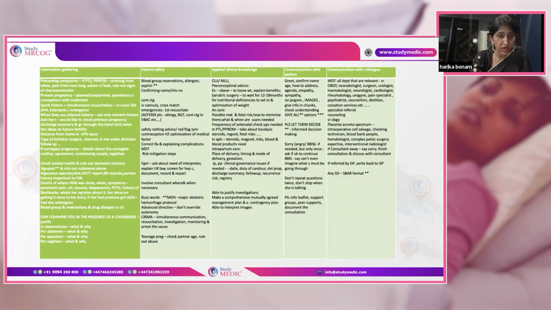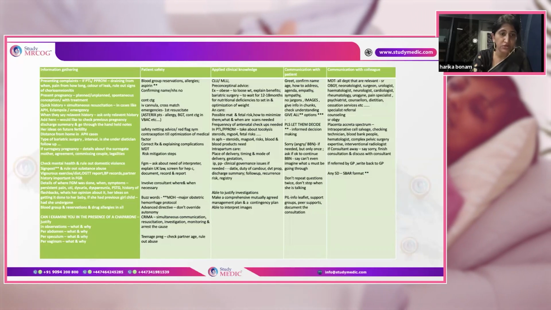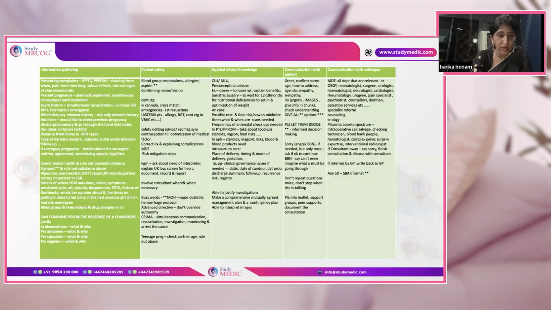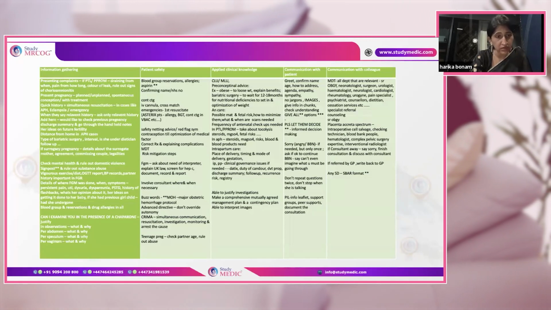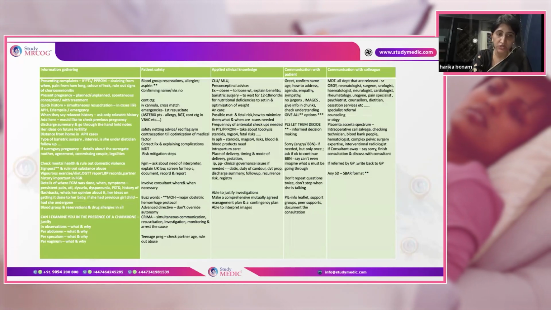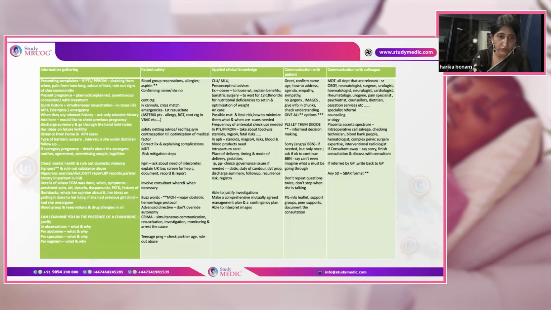In patients with FGR or small for gestational age, important points in the history: ask if the patient is on vigorous exercise or a vigorous diet, whether the blood pressures are high or normal, whether the sugars have been done in the pregnancy, any other risk factors, and the partner's history. These things are important in patients with fetal growth restriction or a previous history of fetal growth restriction. You'll have to ask these points to elicit all the risk factors of FGR.